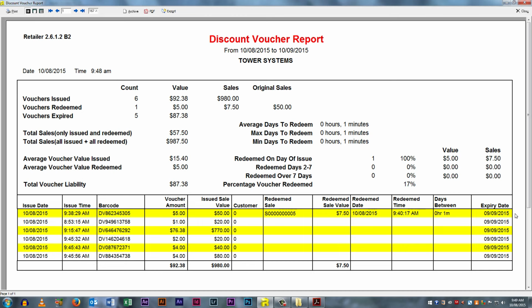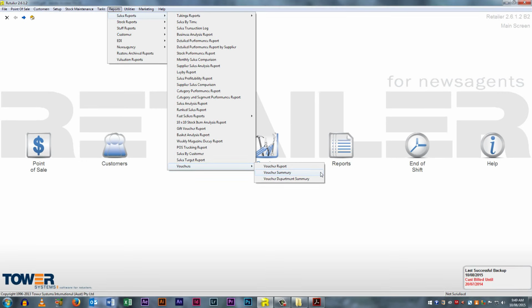And then if you ever need to look back at it, you can go right down to the bottom and it'll show you all the vouchers, the time of issue, how much it was, what sale it was redeemed on, the details of the sale it was redeemed on, all that sort of stuff. So this is basically the main report that's going to apply to your vouchers. The next report that we have is a voucher summary, and as you can imagine, it shows you a